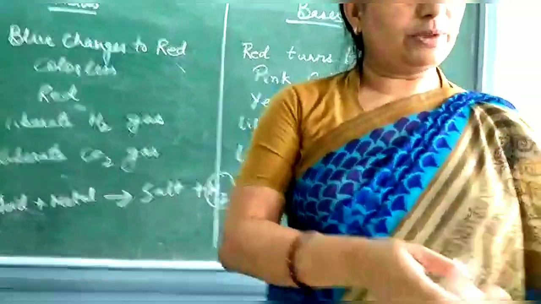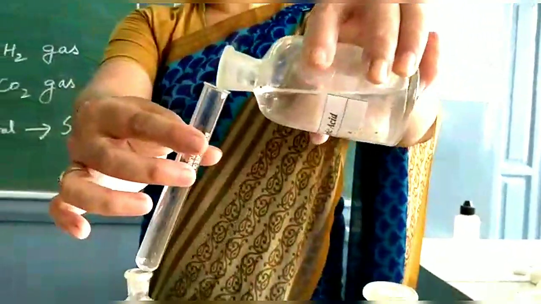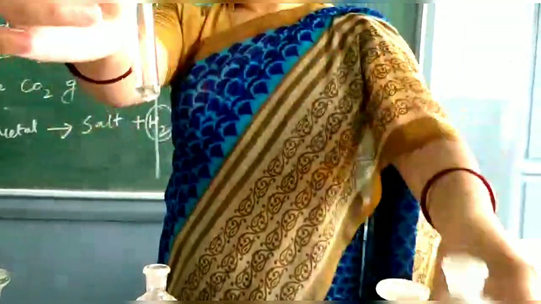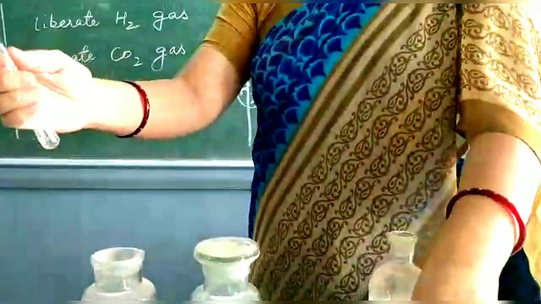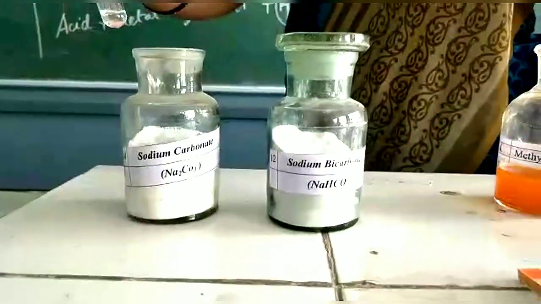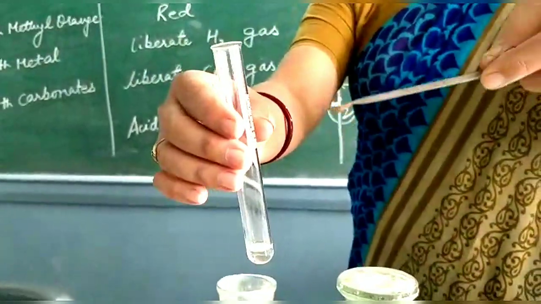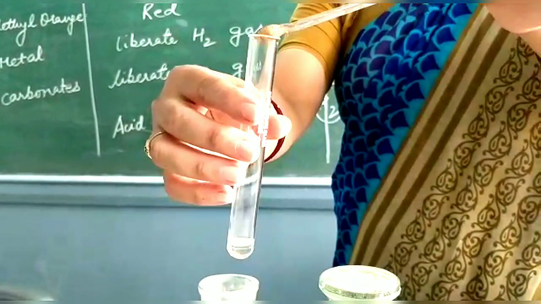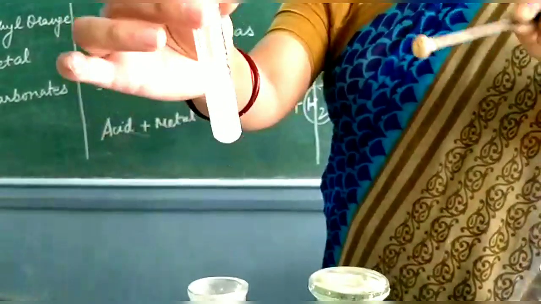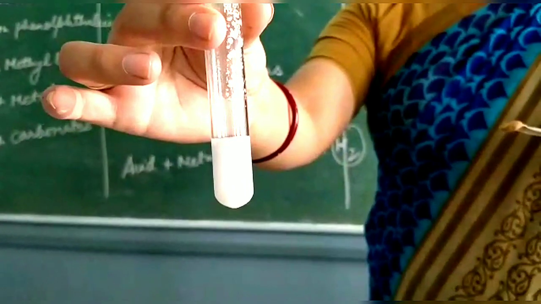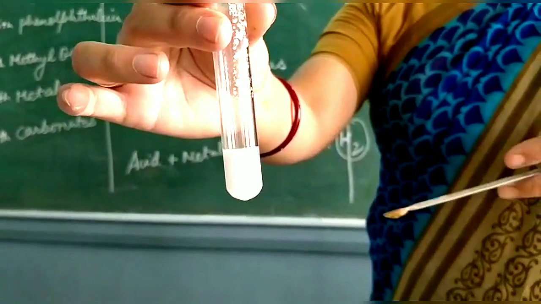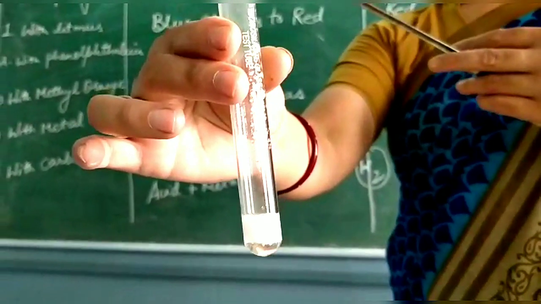So I'll show you how it happens. I'm taking a test tube, adding a small amount of acid to it. I have taken acid and then I add carbonate. After adding carbonate, carbon dioxide comes up. When I add this, we found that some gas releases so vigorously. Can you see the speed that it comes out? This is only the CO2 that comes out.